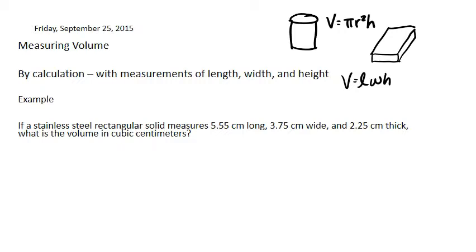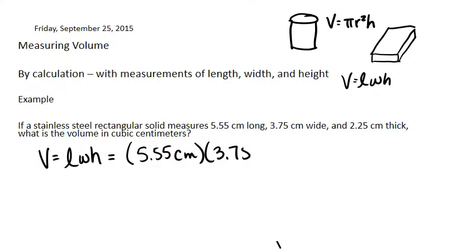Now, if that's true, then we're going to typically measure that, at least for us right now in our sizes, with centimeters. And so I've got an example for you. It says if a stainless steel rectangular solid measures 5.55 centimeters long, 3.75 centimeters wide, and 2.25 centimeters thick, what's the volume in cubic centimeters? So if we say that volume is equal to length times width times height, and we plug those numbers into our problem,